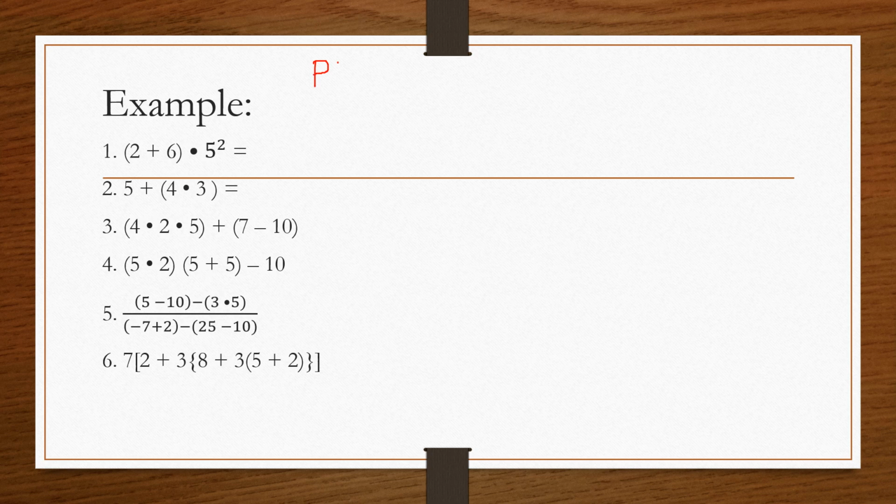P stands for parentheses, E for exponent, and then M for multiplication, D for division, A for addition, and S for subtraction. Okay? So, laging huli ang subtract. Next, number 1, we have 2 plus 6 equals 8 times. So, we know that 5 squared is